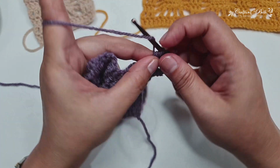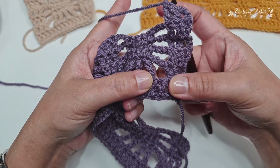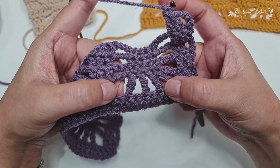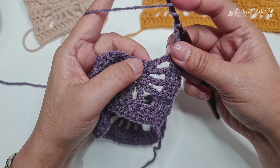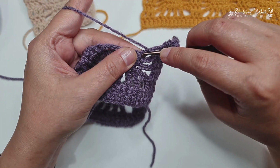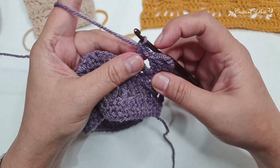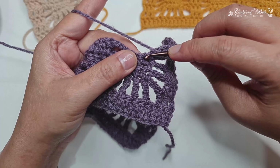Now I'm just going to chain 1. You can see here the chain 1 will represent the skip stitch here. So we are going to do the exact opposite of this 2nd row. So I chain 1 and then 1 treble crochet into the top of the first single crochet here. Then chain 1 and then make another treble crochet into the next stitch,